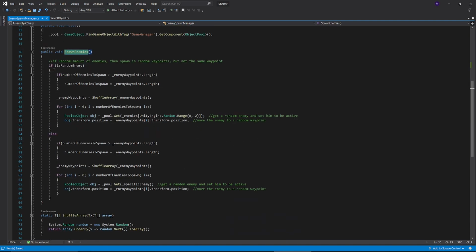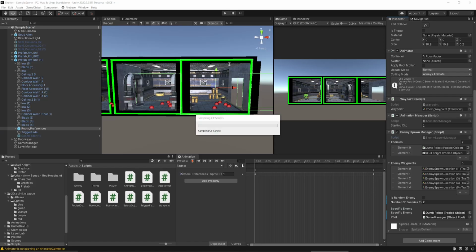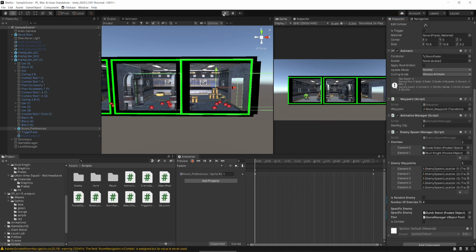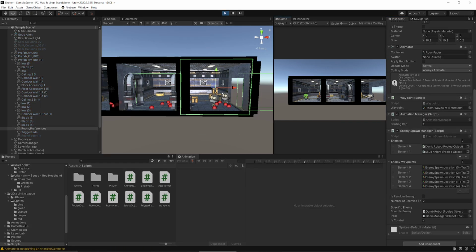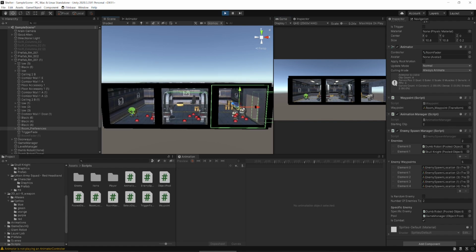And in here where we spawn our enemies, if enemies are being spawned, then we are in combat, right? Now that's not the case because our enemies appear right away at start. So